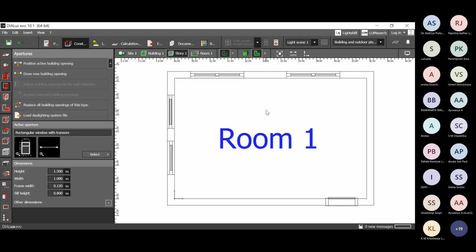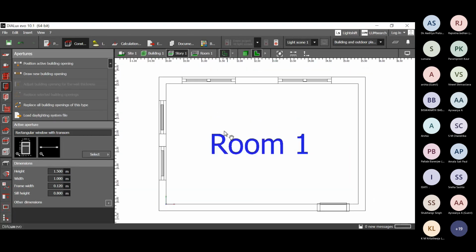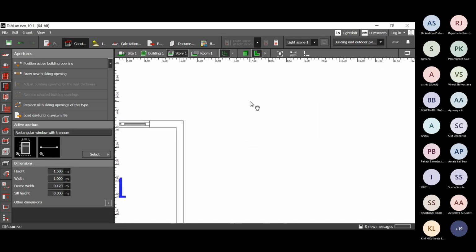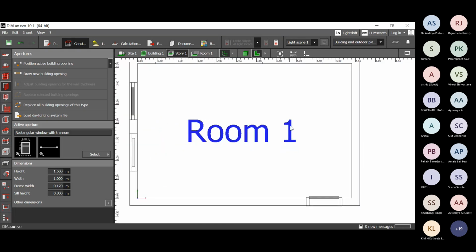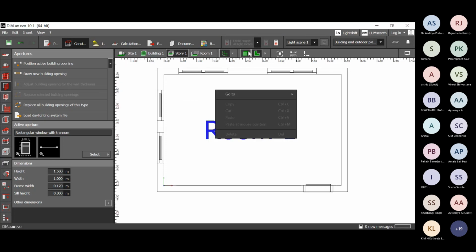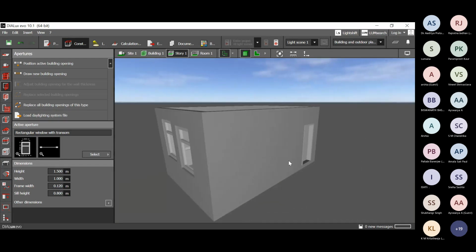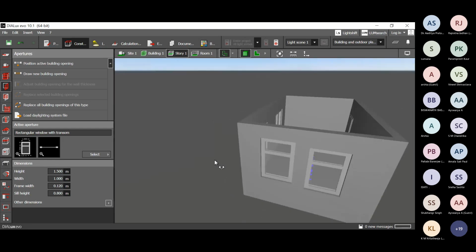One more thing, to navigate on the workspace, you can use all three options of your left click, right click, and the middle scroll button. The scroll button works as panning. If you press the scroll button, then you can pan across the area. Scrolling up and down helps you enlarge or reduce. The right click here doesn't work. But if you go to the 3D view, your right click can make you do a walkthrough. And the left click can help you rotate